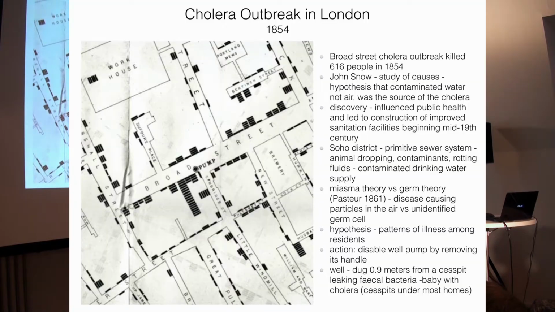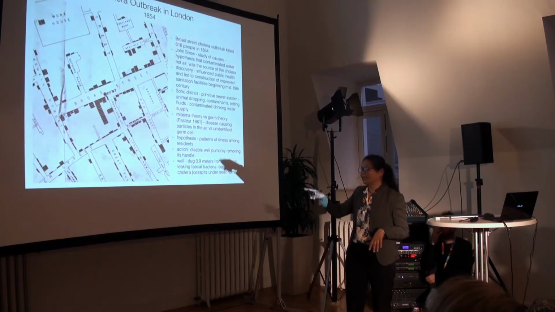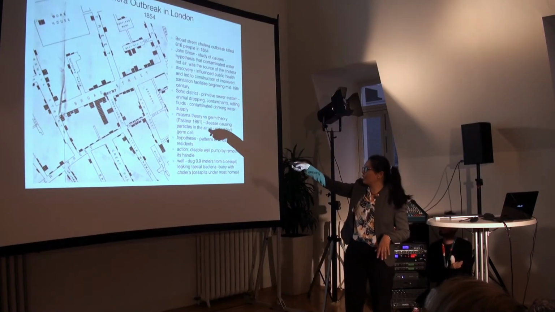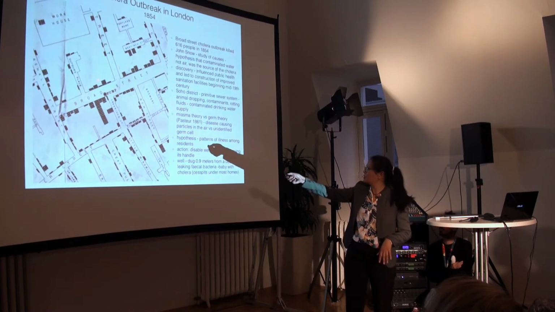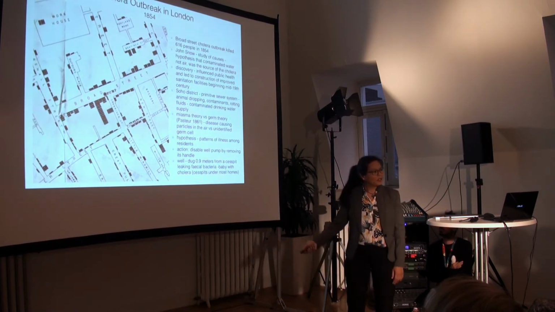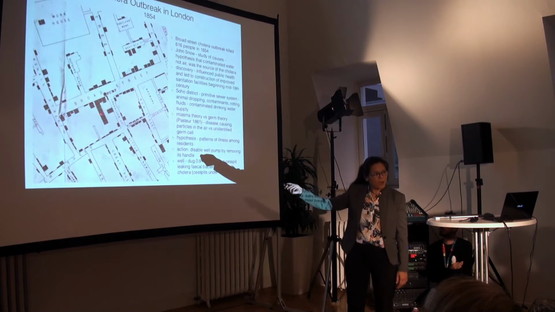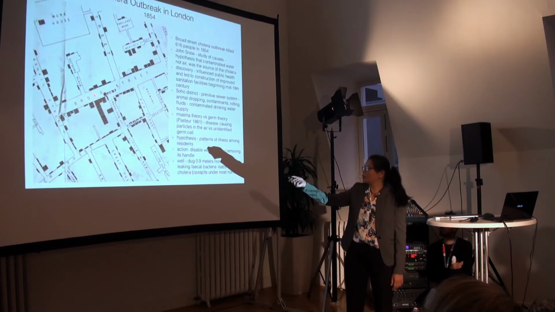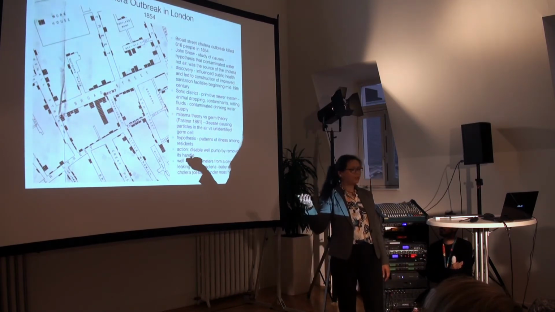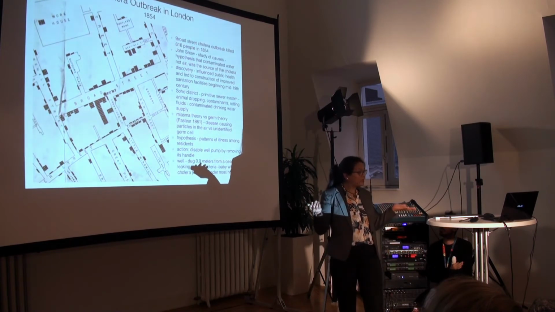So what he did, he got the data. These are my patients, this is where they live, and these are the ones who died. And he plotted it on the map. And lo and behold, he saw that there was a concentration on this side of town. So he went over there and said, it's this pump. He got permission to close this pump, and the cholera outbreak stopped instantly.